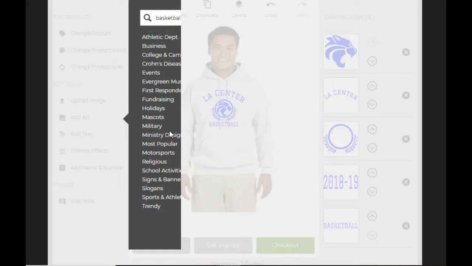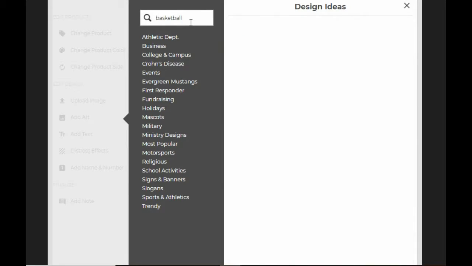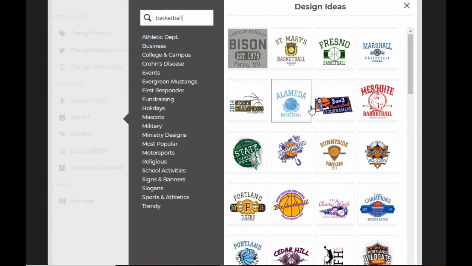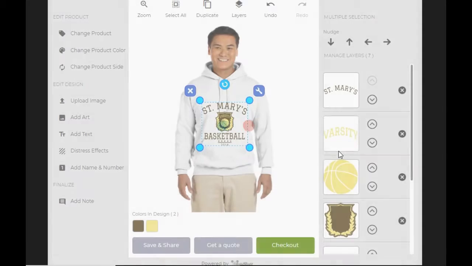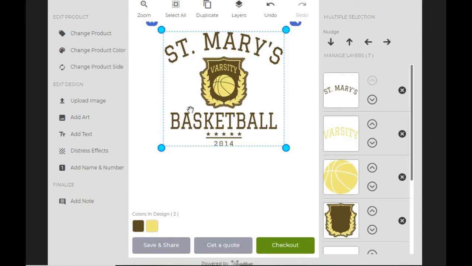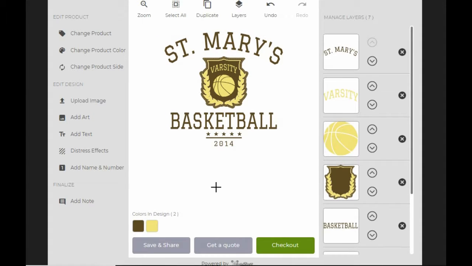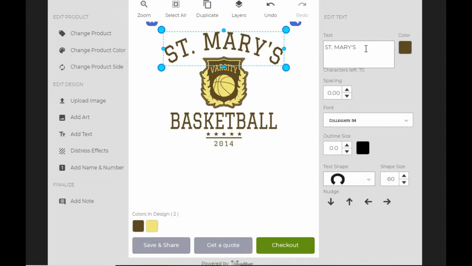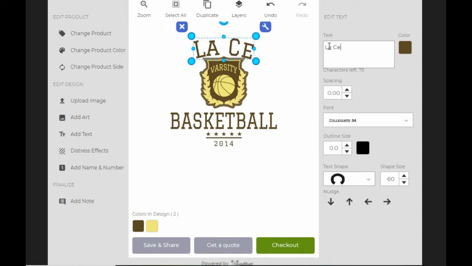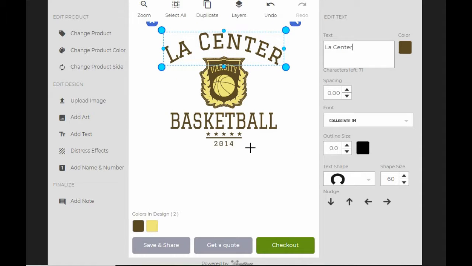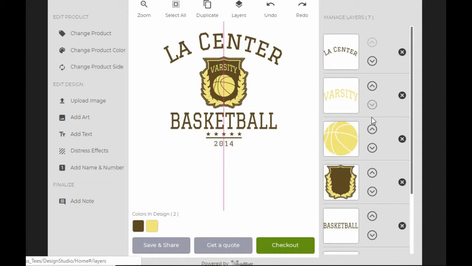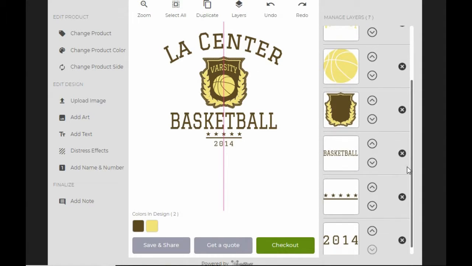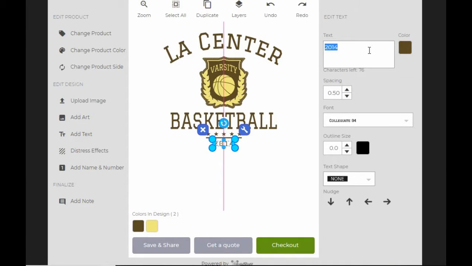Design ideas, same, basketball. So I just did this design. Let's go ahead and do this design. And then from here, let's go ahead and retype this: Lacenter basketball. Whoops. Layers, let's scroll down here, change this to